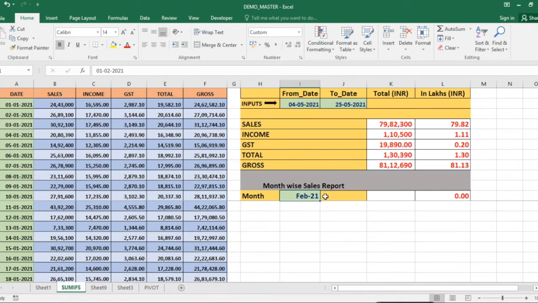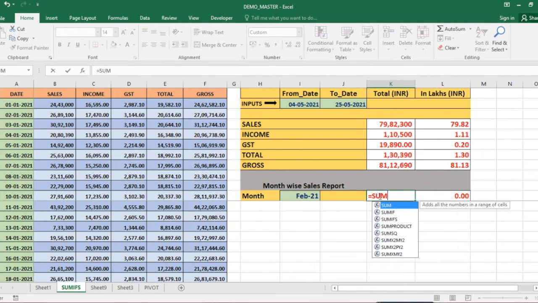And for month, you can put one more thing. The same SUMIFS we will use, but we will mention end of month. Here I can mention the same formula, equal to SUMIFS. That will give you the month-wise result. I am putting that I need the sales figure, for example, so B2 to B182 is my figure. I am closing that bracket.